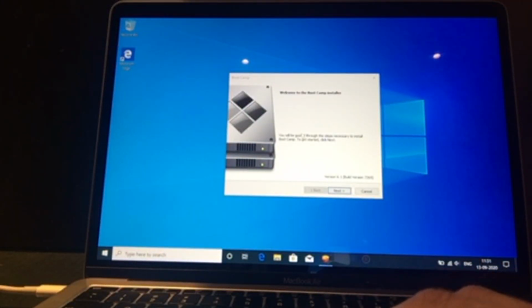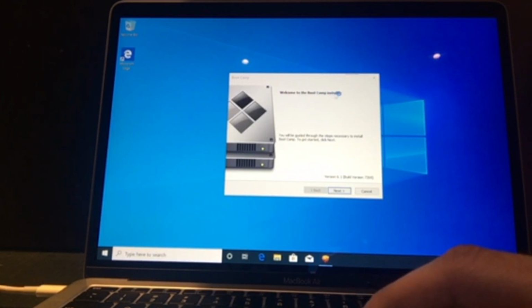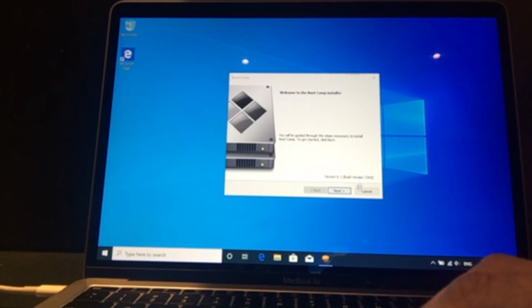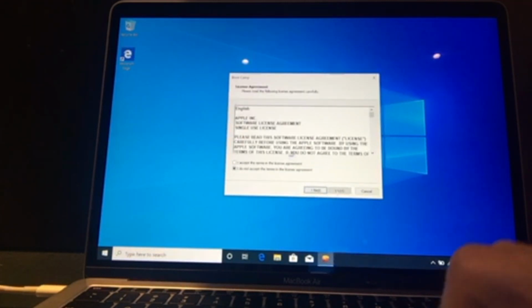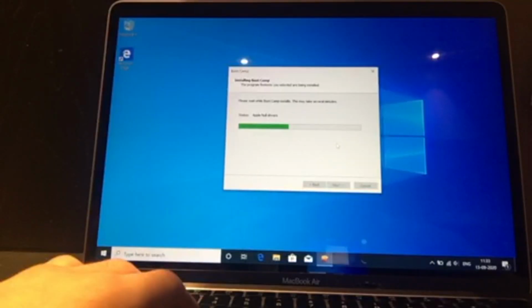Now the computer would ask you to install Bootcamp Assistant. You have to install Bootcamp Assistant in order to go back to your Macintosh setup. So hit install and it might take several minutes. And accept.